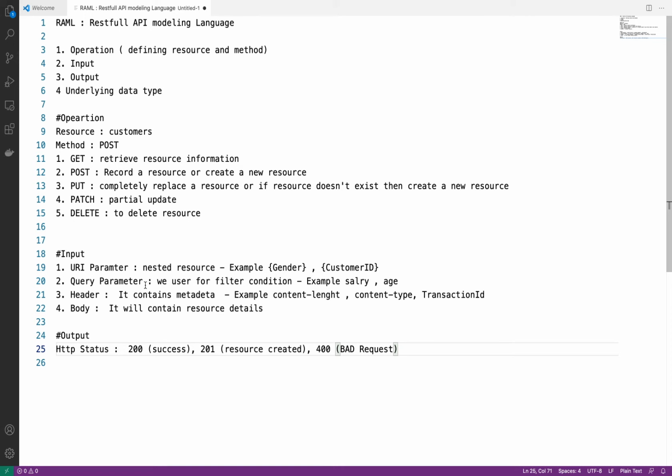If someone calling my API is not passing input as per the RAML definition, whatever we have defined, then they will receive 400. So our RAML will respond with 400. Then again we have 401. 401 means unauthorized.